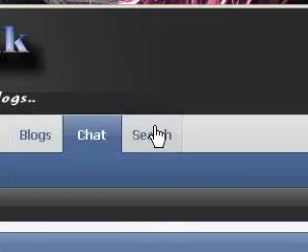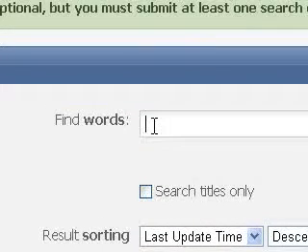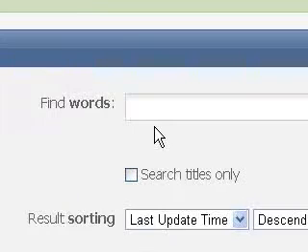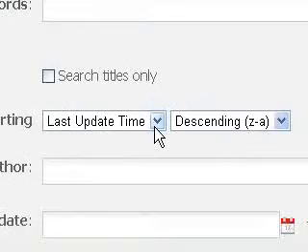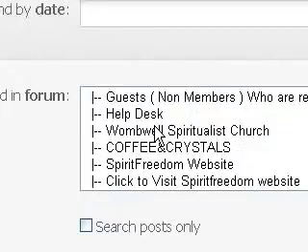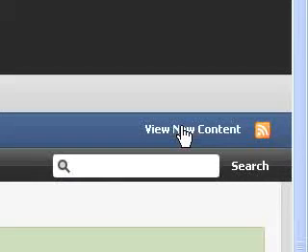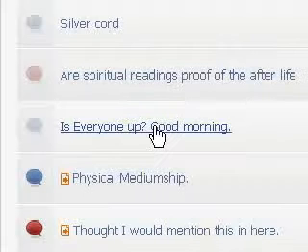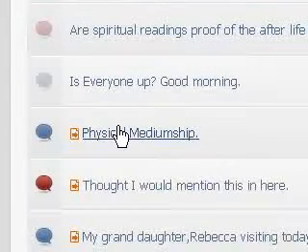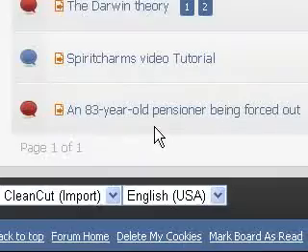And then of course we've got the search here. If you want to find something specific, you find a word, or words, and which forum you'd like to look into and so on. But we also have view new content, which will give you all the new content since your last visit, like so.